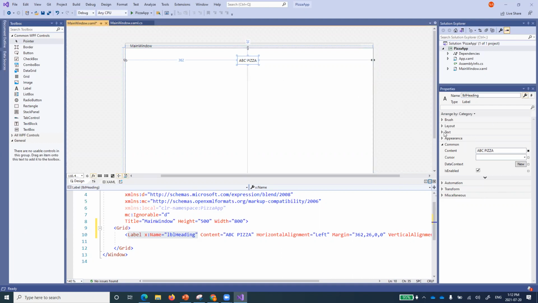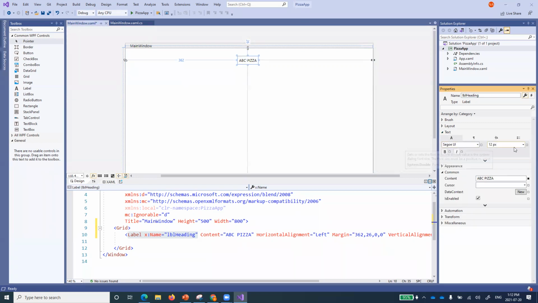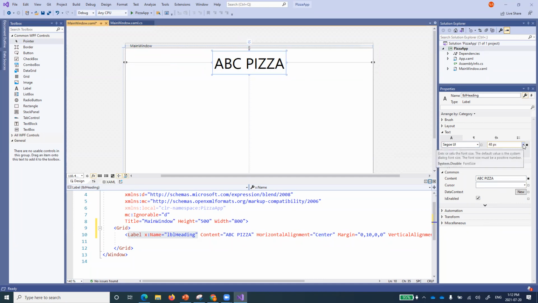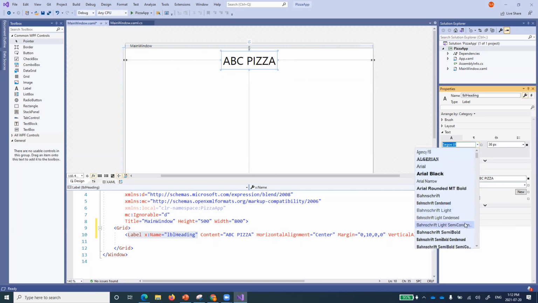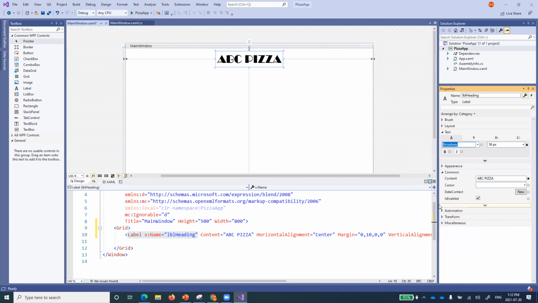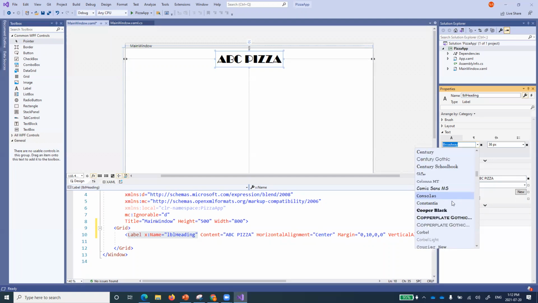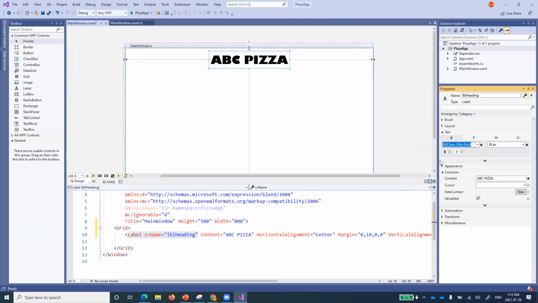Now, if you have just changed that, if you come to the text part, you can first of all make it bigger, whatever size you want. Maybe I want this to be a main heading, so I want it to be maybe 48 or less than that. 24, it's a bit smaller. 36 is good. Now, you can also change the font from this part. You go over here, and whatever font you like, you can always select that. For example, this is good. Or maybe select anyone else. Let's see whatever you like. Okay, just leave that one maybe.